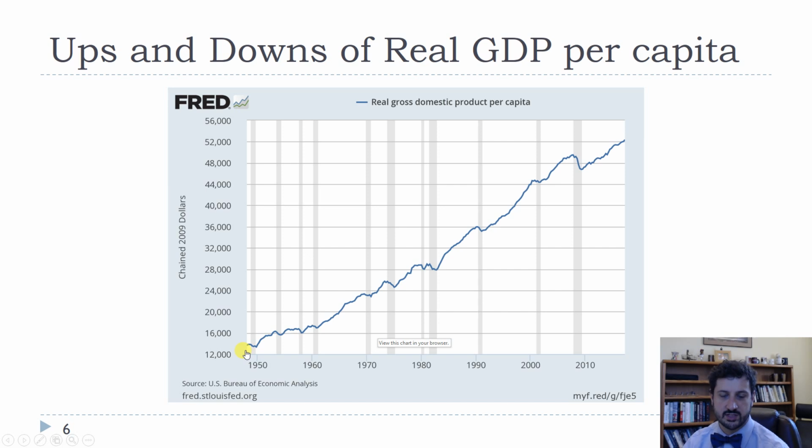You can see it shows a similar picture to that of the UK. This one only goes back to 1947. But you can see these ups and downs. So now whenever you're looking at a graph like this, these gray bars in the graph represent recessions. And so these recessions are dated by a group called the National Bureau of Economic Research. It's a non-governmental organization of economists.